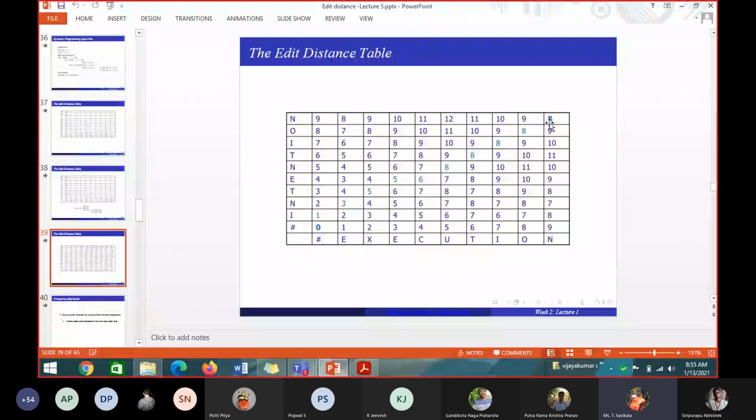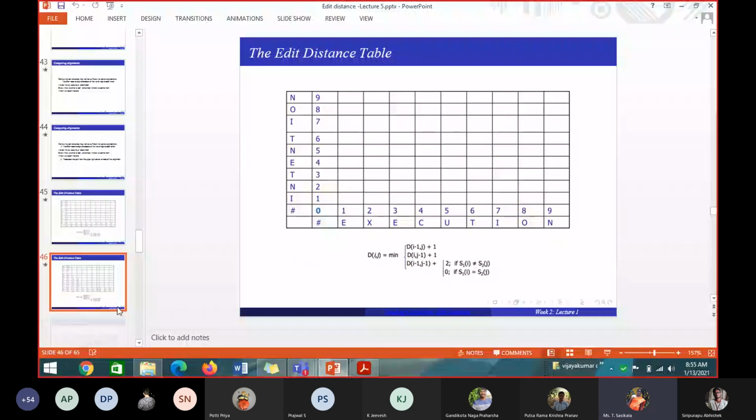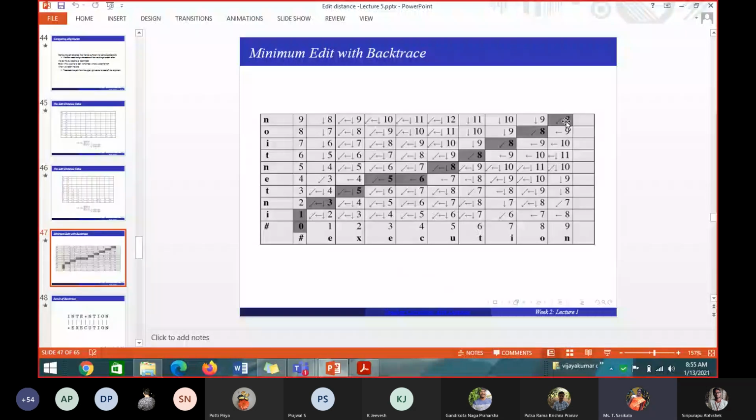Okay, so which one I have taken? Either left side or down or diagonal value to reach this 8. Which one I have taken? Diagonal, ma'am. Diagonal value. So this 8 is got from this 8. So this 8 you circle it. n and n 8 is there, no? So that n and n 8, I got it from this 8. So you put an arrow mark down. See, I am showing here. See here. So this n and n 8, how I got it? Through this 8. So put an arrow mark and circle this 8 now.